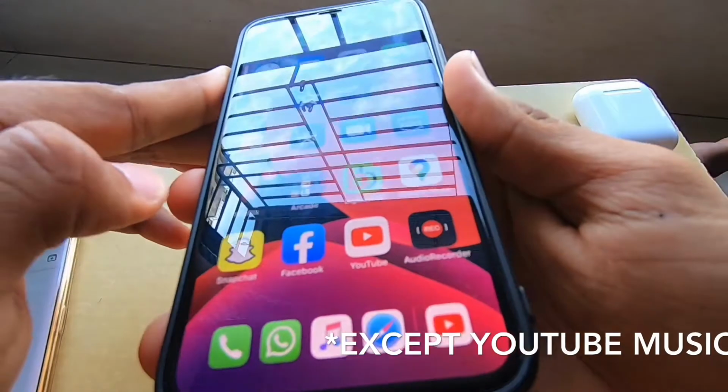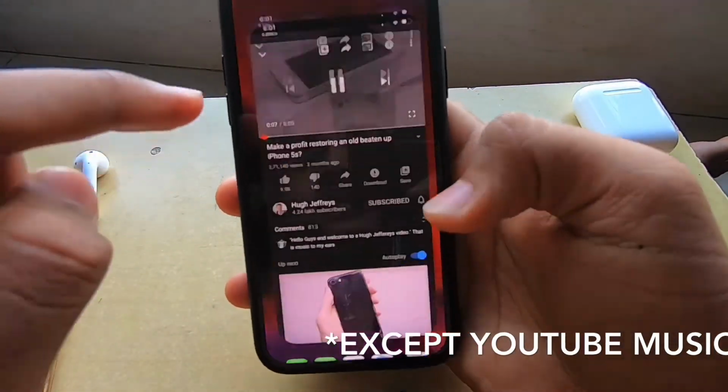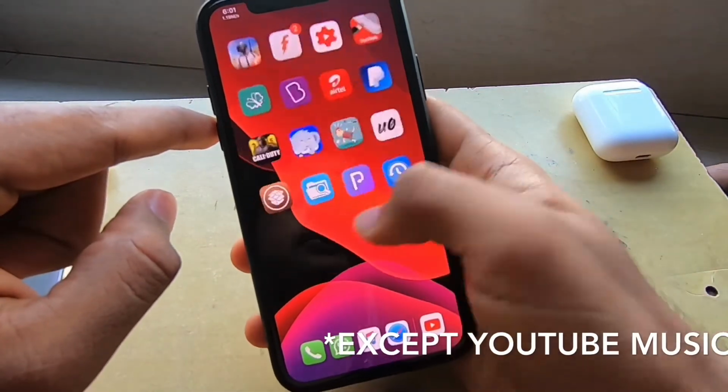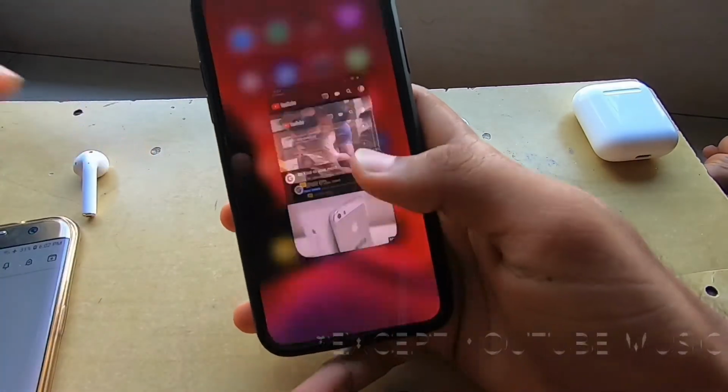I'm going to be restoring this beaten up iPhone 5S. I purchased it for $20 off of eBay, and see if I can make a profit. It's a really amazing deal, as you can see by the fact that the rubber is disintegrating. Now I'm going to come to the top of this housing because I've noticed.